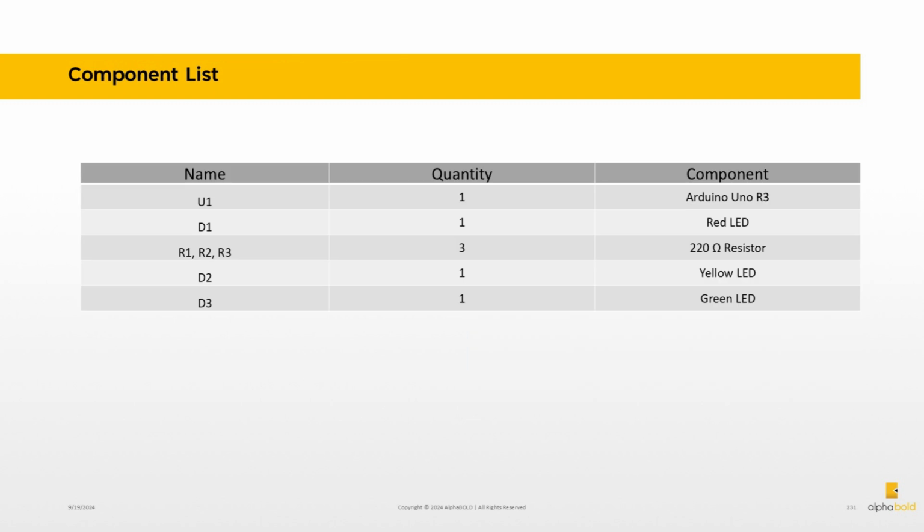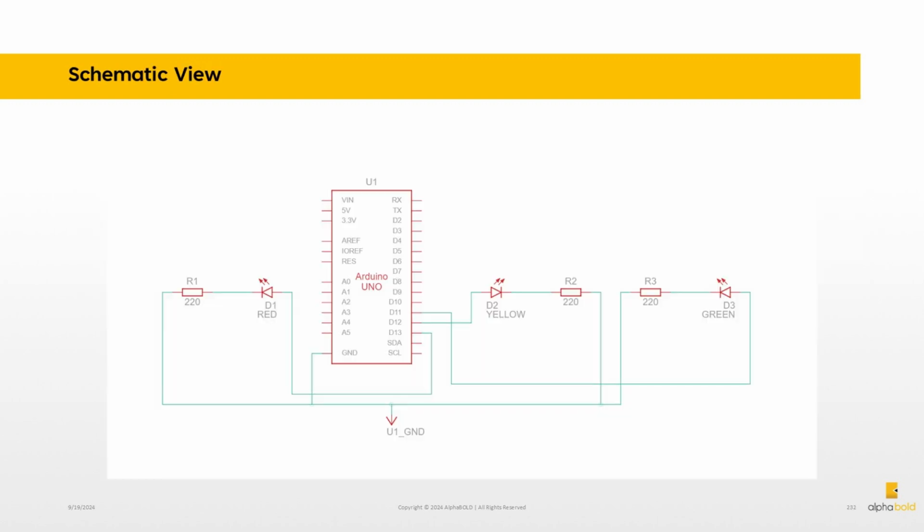This circuit requires one Arduino Uno, 3 LEDs, and 3 220 ohm resistors. This schematic shows 3 LEDs connected to an Arduino Uno. Each LED, D1 red, D2 yellow, D3 green, is connected in series with a 220 ohm resistor, R1, R2, R3 respectively, to a digital pin on the Arduino: D13 for the red LED, D12 for the yellow LED, and D11 for the green LED. The other end of each LED is connected to ground,